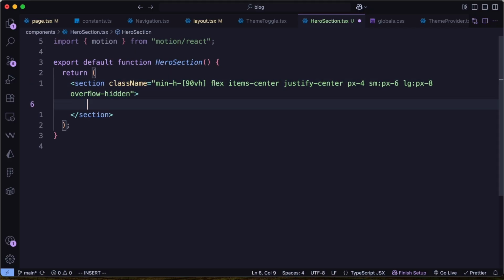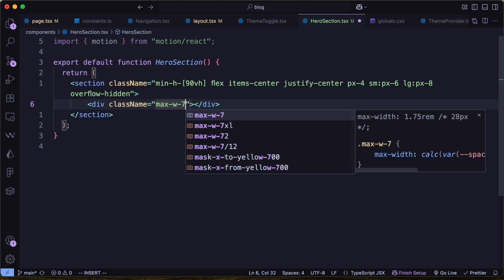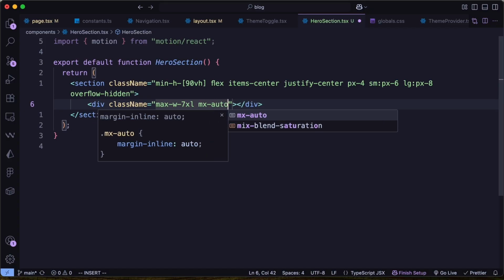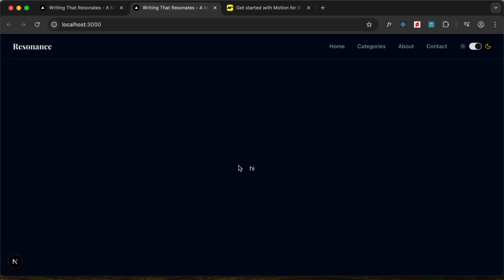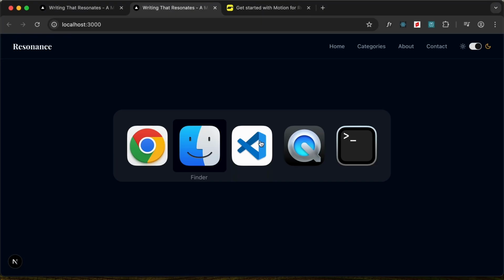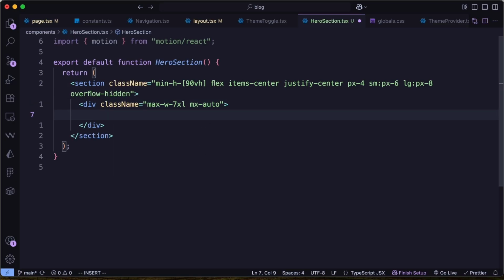Now inside this, we'll create one more div and let's give it some classes. So let's type className. Let's add a max width of 7xl and let's type mx-auto to bring it to the center horizontally. And now let's go ahead and type hi. And if we go back to our website, here we can see that hi is being displayed over here in the center. Right, now let's go ahead and create a div and let's give it some class names